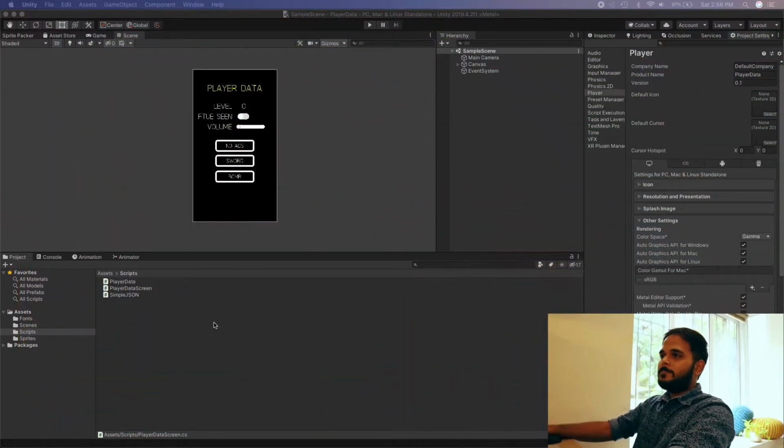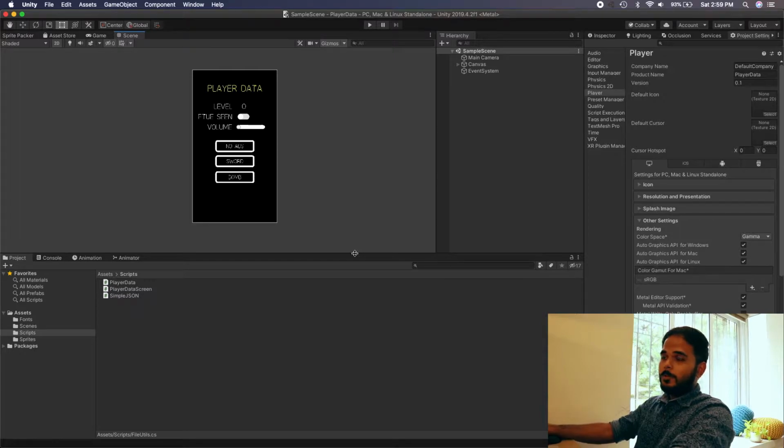So in part 2, we finally converted our player data to a JSON string, and we're also able to recreate our player data back from a JSON string. So the only thing left to do now is to take the JSON string and make sure we can save it to a file on disk so that when the players come back into the game, we can load the data and we don't lose our player data. So let's jump into Unity, and we are going to pick up from where we left off in part 2.